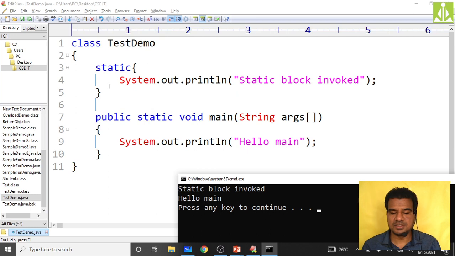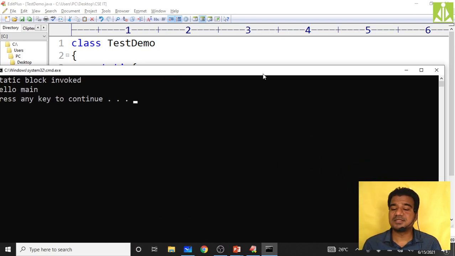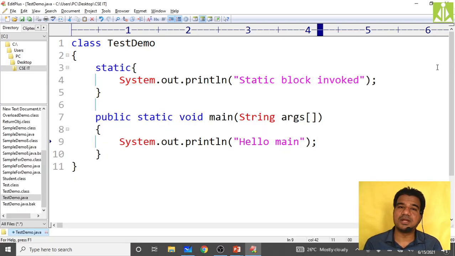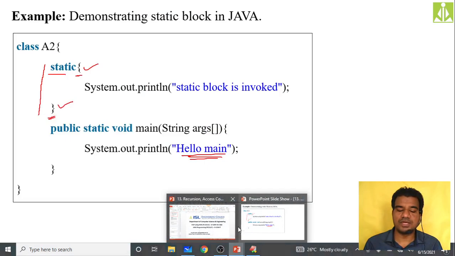Hopefully you understood. So static content will be invoked even before the main method. This is a valid point you have to remember. Hopefully you understood, so quickly we'll go and see what other stuff we have over here.